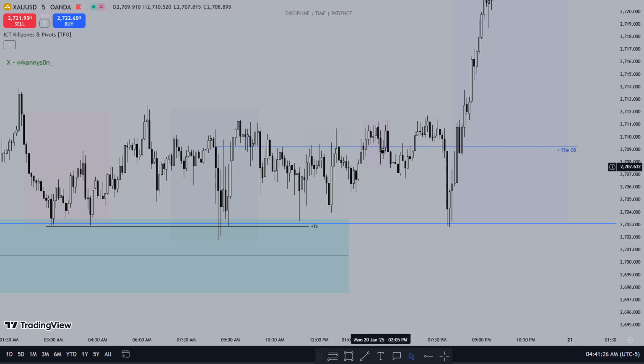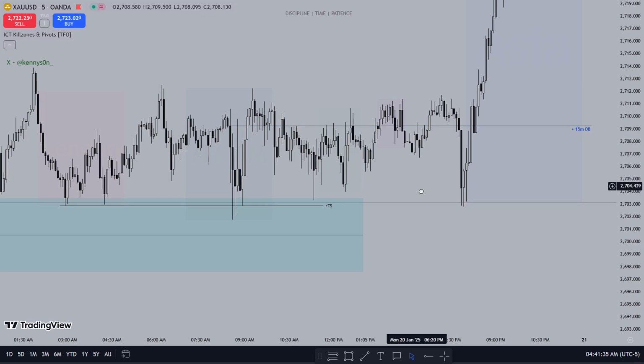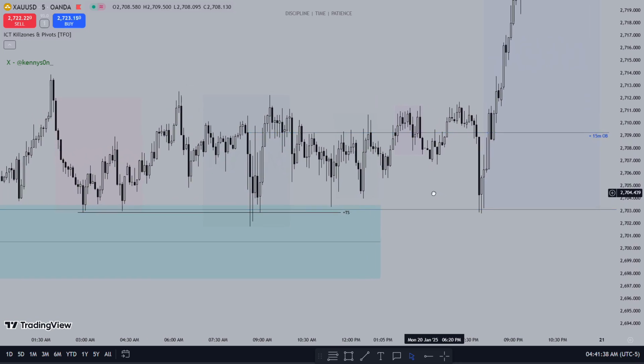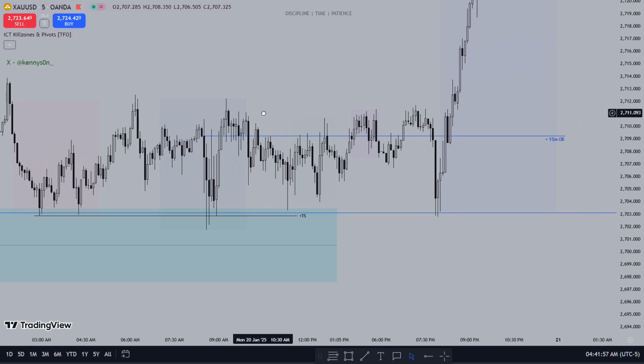So we're just playing around it, and like I said, this was acting as a rejection block. Came to it way too many times. I do not like it, and once I saw this choppiness, I did take a trade here, but as soon as the session closed and I saw this choppiness, I just got out before, and then I put my stop here. I just got out because I didn't like what was happening and I wanted to observe what happened.